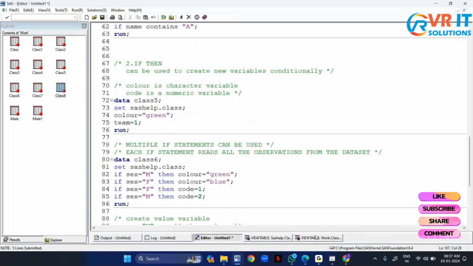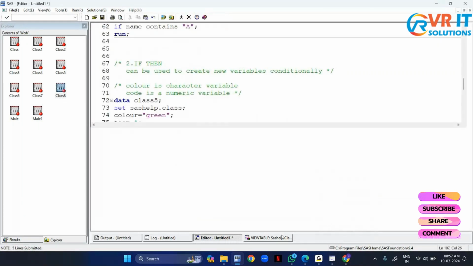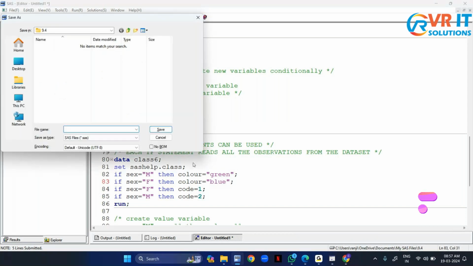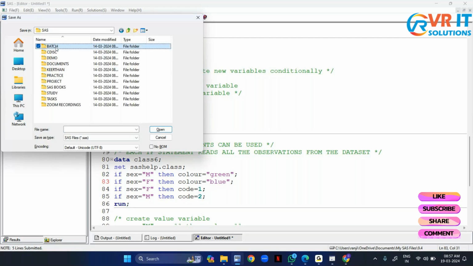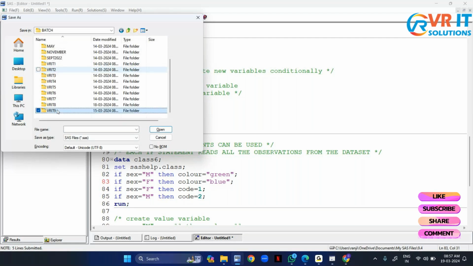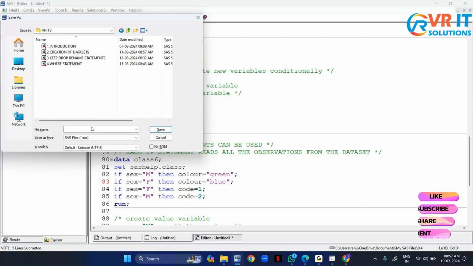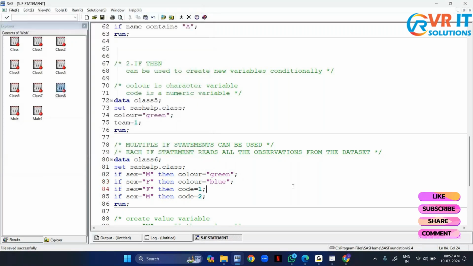Do you have any doubts now? Anyone? So this is our fifth topic, right? The first is basic introduction, and the fifth topic is the if statement. And I'll paste these notes